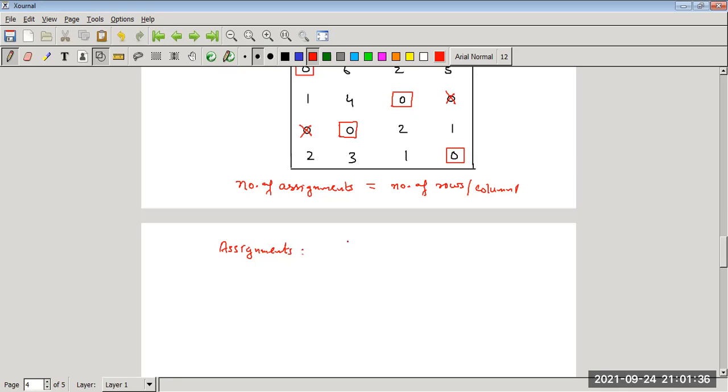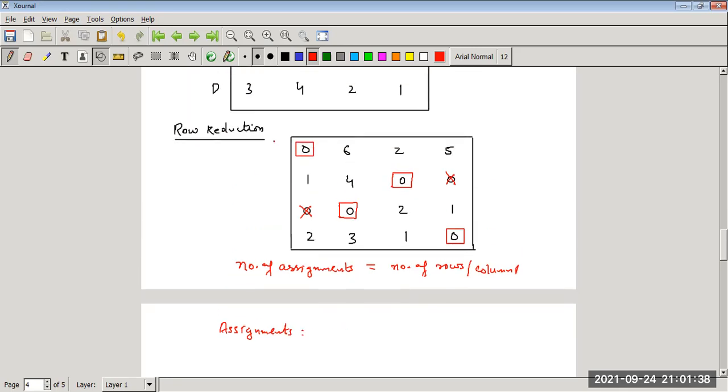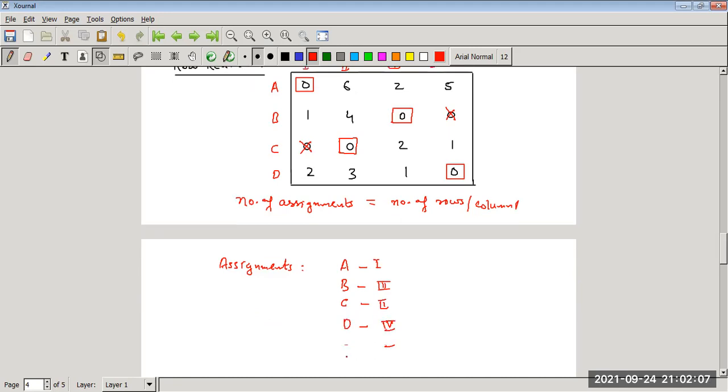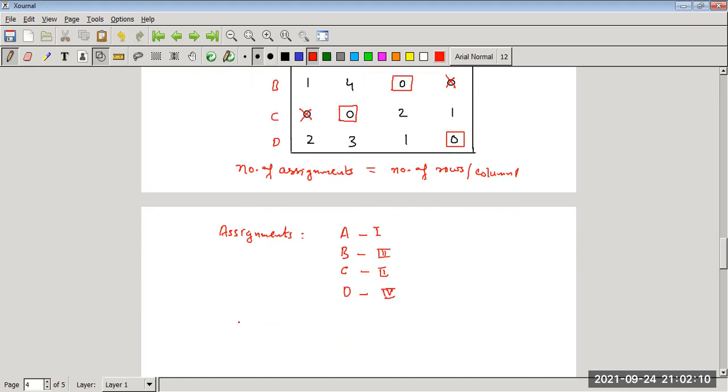The assignment is given by: A, B, C, D are the 4 persons, and first, second, third, fourth are the districts. So the first district is assigned to person A, the third district is assigned to person B, C we assigned the second district, and D we assigned the fourth district. Now the assignment cost, or we can say profit, total profit is,